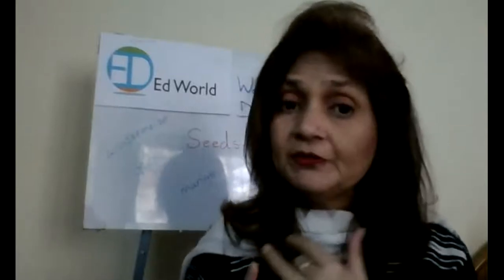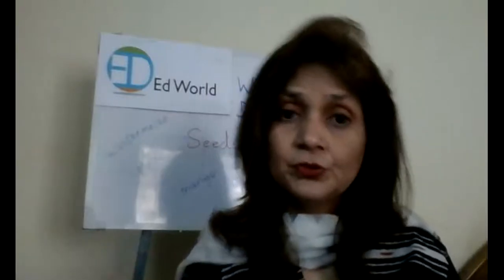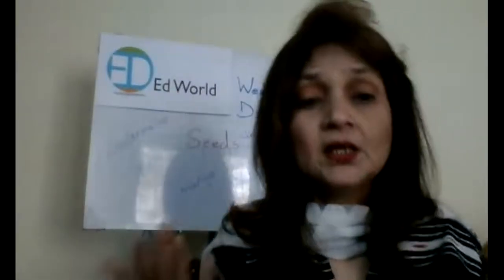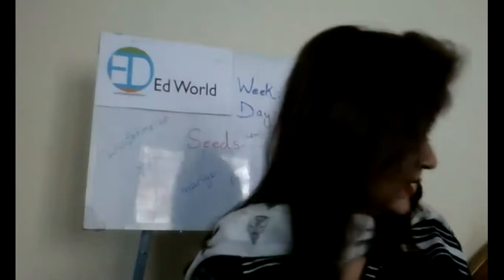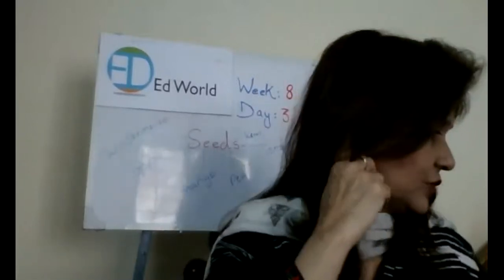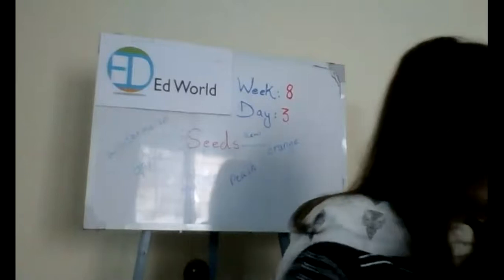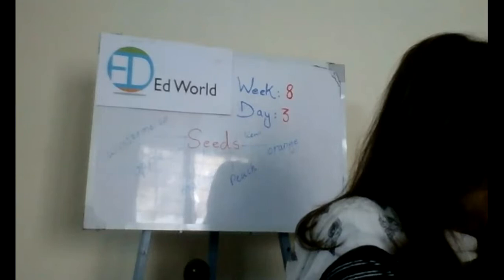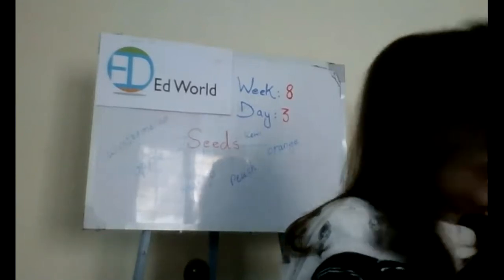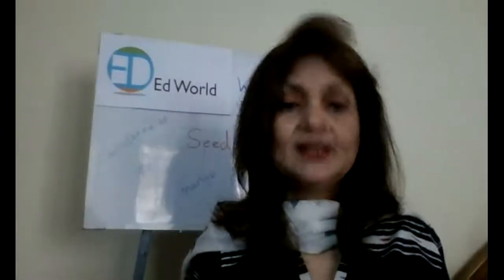We have started the topic fruits and seeds. We have done different types of fruits, different kinds of fruits, and how fruits look. You have seen so many videos, you have seen the presentation, and today we have done part of the seeds, right? There are a few things which are left, which we will be doing next week. This topic is going to continue next week, and then this topic is going to end.